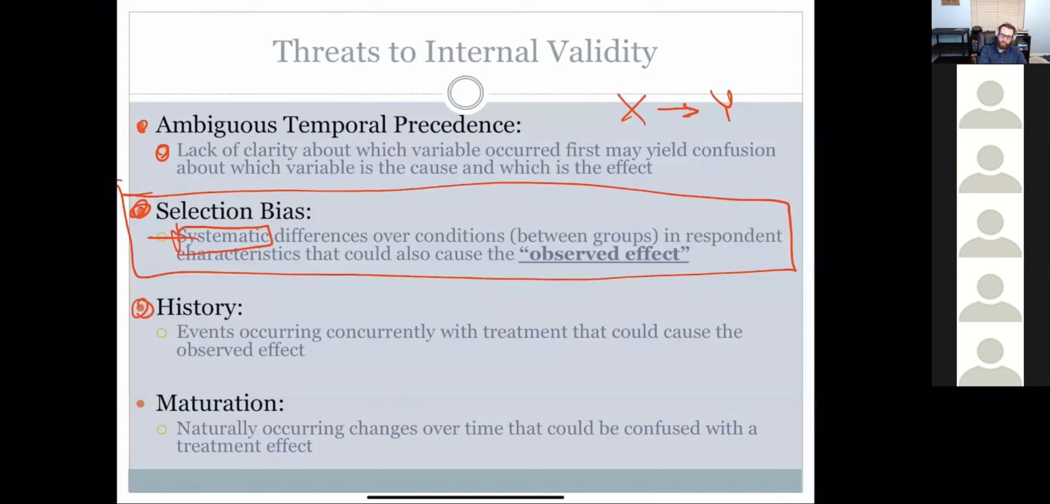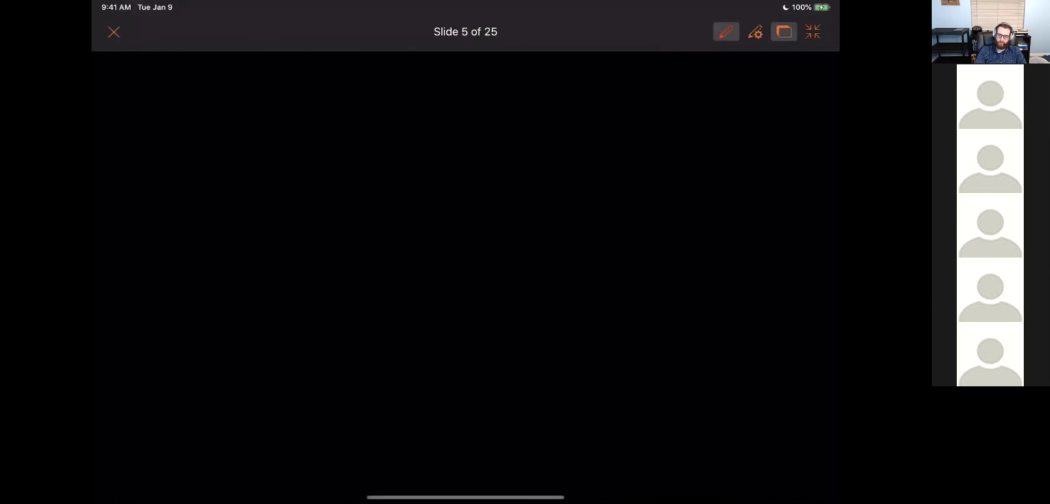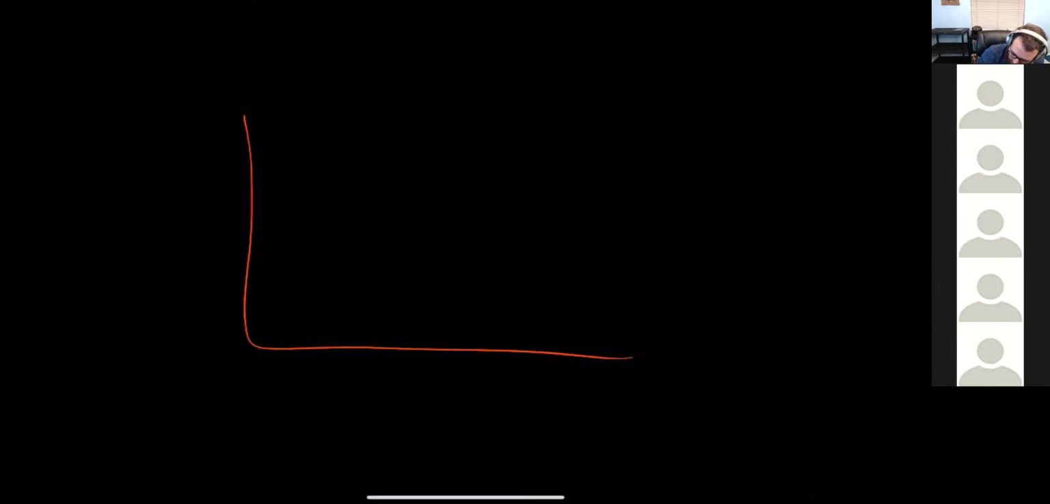History, right? This is an easy one. Something else that occurred at the same time is the reason for the change. If we go back to this, again, we think about time. We're concerned with time. Let's just say we have a Cal State,